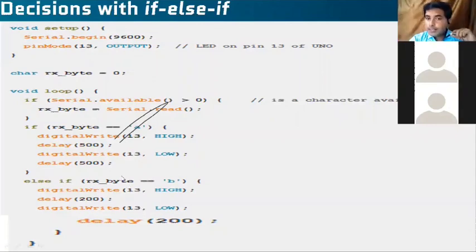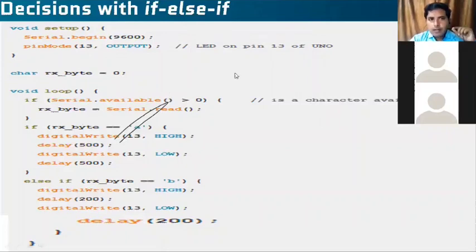But if you write a C, it won't come here, because I have mentioned that if you type A, my LED will turn on and off. If I type a B also, my LED will turn on and off. For such a situation, I have to use else if. See, if A is on and off, else if B is also equal, on and off for 200 milliseconds. Here I mentioned 500 milliseconds. Okay, this is for the if else statement.